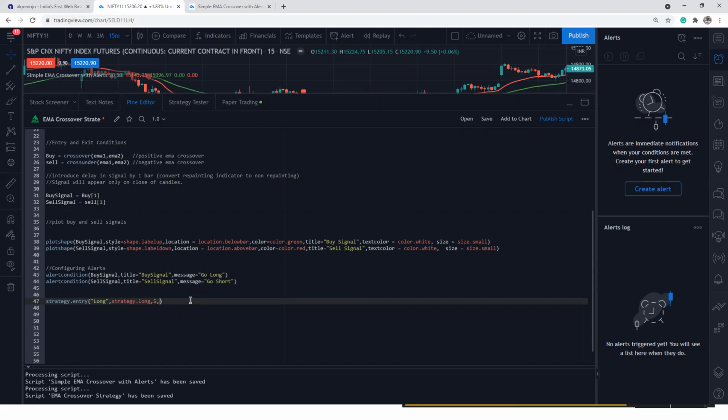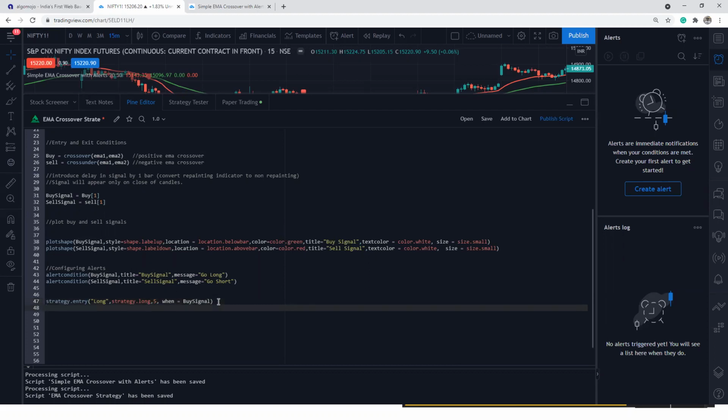And when you want to punch the order, when equal to buy signal. Buy signal is what I had configured. At the end of the candle, buy signal will get confirmed. When the buy condition is becoming valid, that is when the crossover is happening, it will try to send a long order. To whom? Does it send to AlgoMojo? Not yet. We have to connect the AlgoMojo. So here, strategy.entry, we had coded, but this is very mandatory for doing the backtesting.